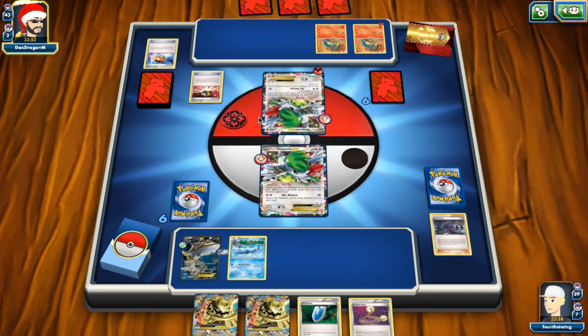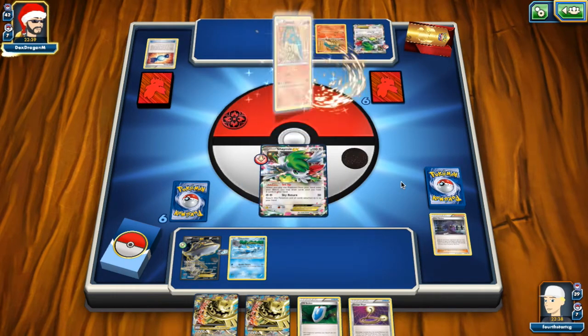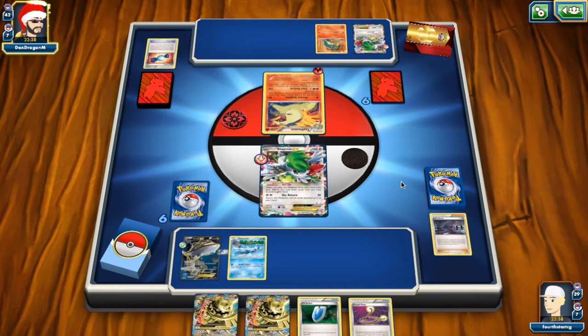So we'll see what he can get here. He can Ultra Ball. Is he going to go for a... He's not going to N. Grab the tie. I swear that's a Rare Candy in his hand. He's going to retreat. Rare Candy up into Typhlosion. He's got no cards in his hand. But...